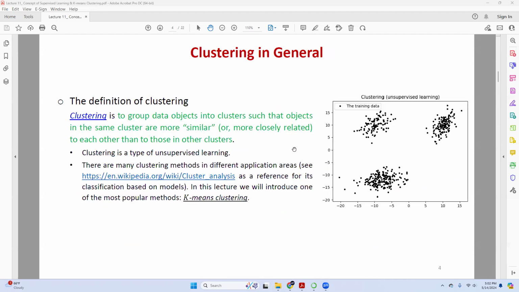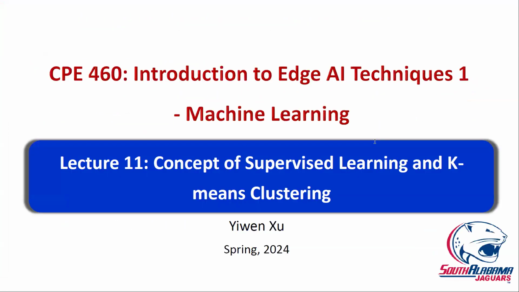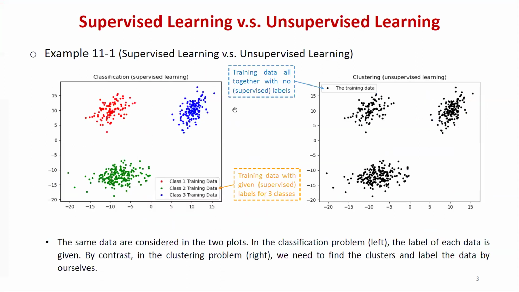In the last class, we mentioned clustering. Let me give a very quick review. First of all, what is unsupervised learning? In unsupervised learning, there's no teacher or no label. A very typical thing is pattern recognition. For example, here is supervised learning, in which we have the labels class 1, 2, 3. And here is unsupervised learning. You can see all the data are in dark, meaning that there are no labels. You need to find that this is one pattern.